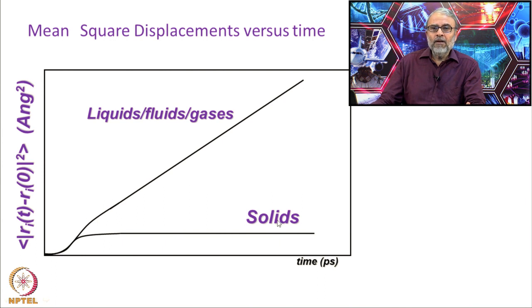You will see that in a solid, the position of the particle is not going to change at all. Since the position does not change, the mean square displacement is almost constant, because there will hardly be any fluctuations around the mean position. At the most there will be some fluctuations which remain constant, whereas for liquids the particles keep on moving further and further away from the initial position. Therefore, in a liquid the mean square displacement varies linearly with time. This is an important property of all liquids where there is a lot of uniform and random motion. Whenever you have random motion, the mean square displacement is always linear with respect to time.